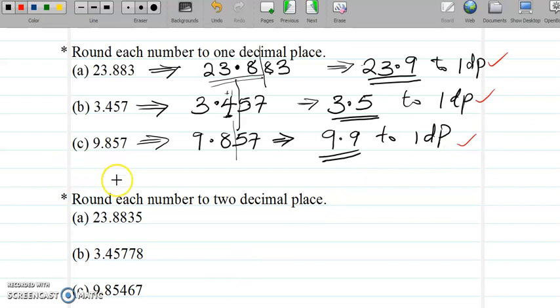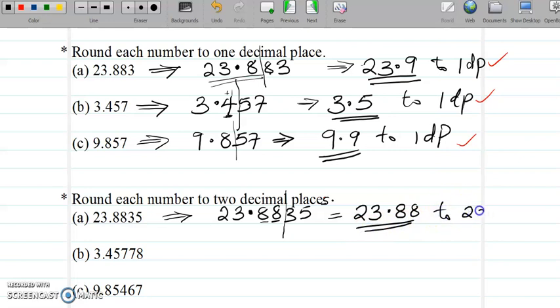Now in this case also, if you're asked to round each number to 2 decimal places, here we have this to be 23.8835. So after the decimal point, we count 2 numbers, 1, 2. I'm ending it here. Now this number that it ended with is less than 5. So since this number is less than 5, I don't have to add any 1. See that? So this will now give us what? 23.88